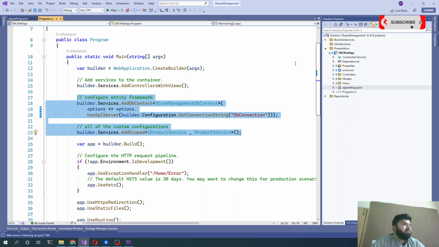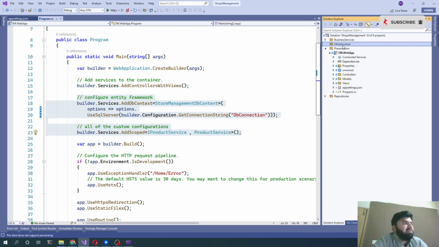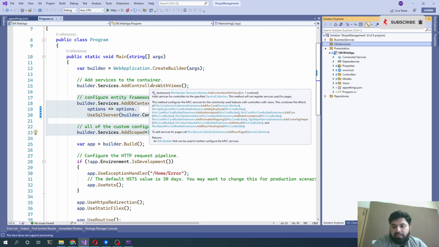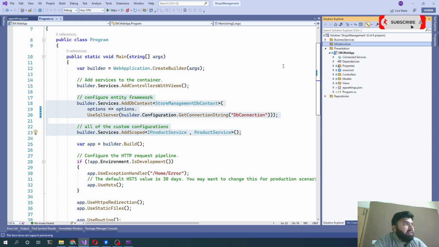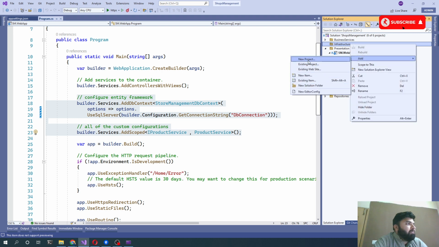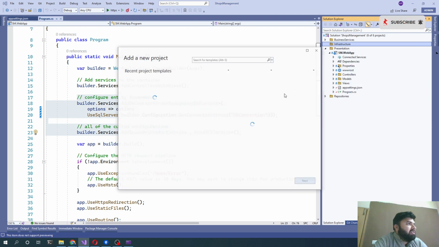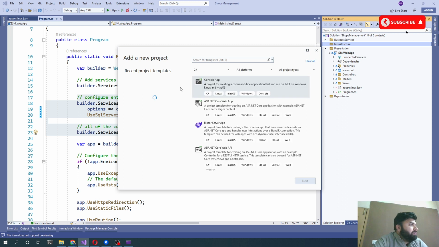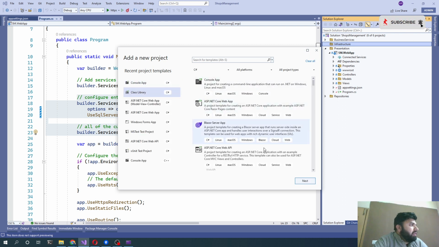So by taking the benefit of that infrastructure folder, we can pass all those application level configurations to a separate project, from where we can manage our infrastructure independently. So how we can do that, we will be adding a class library here in the infrastructure folder. Let me add class library,